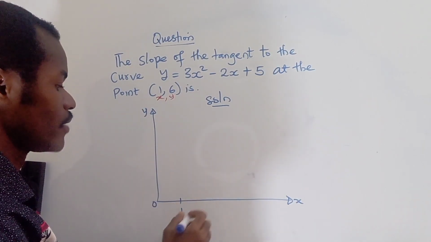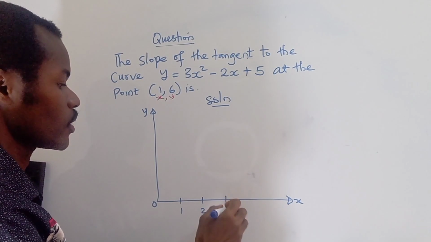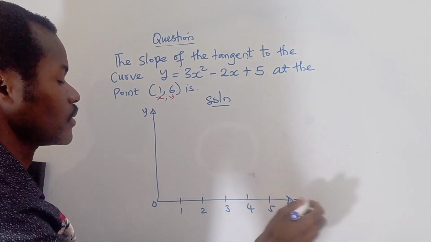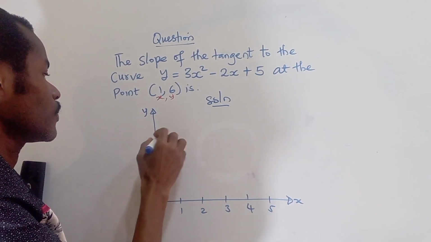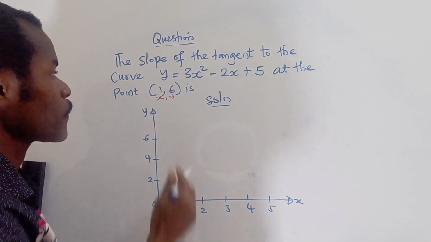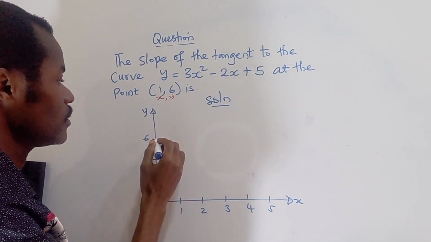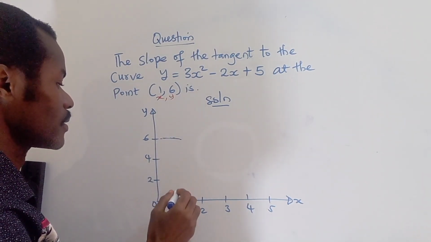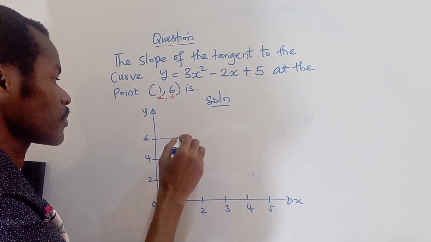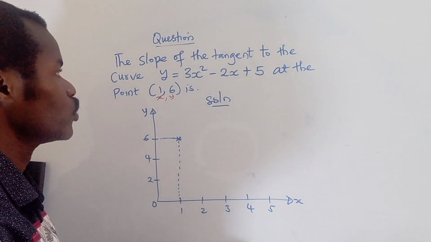At this point we have 1, 2, 3, 4, 5, and so on. Let's say we have 2, 4, 6, and so on. Now, this point is the meeting point of our y and our x. So the question says we should